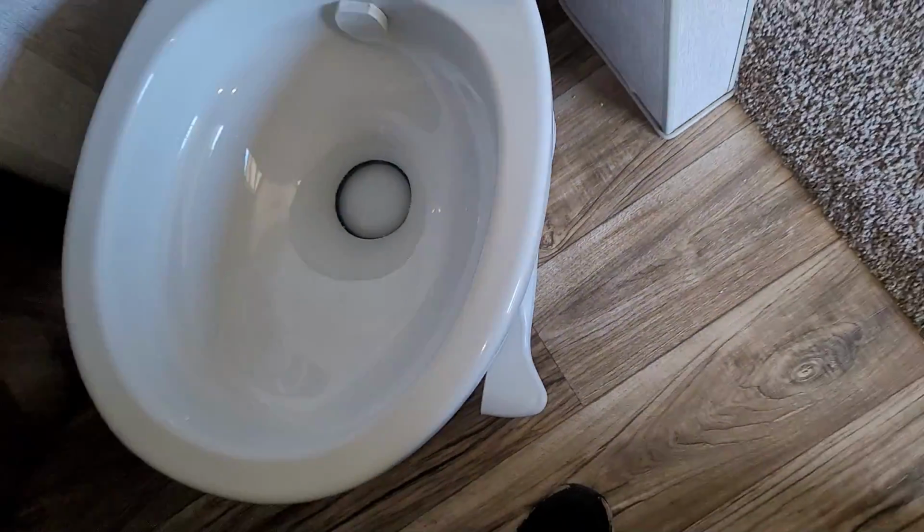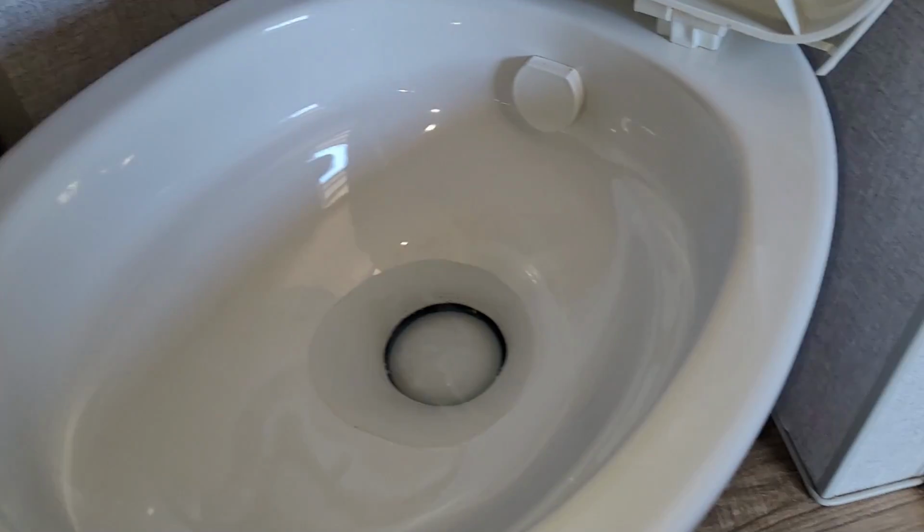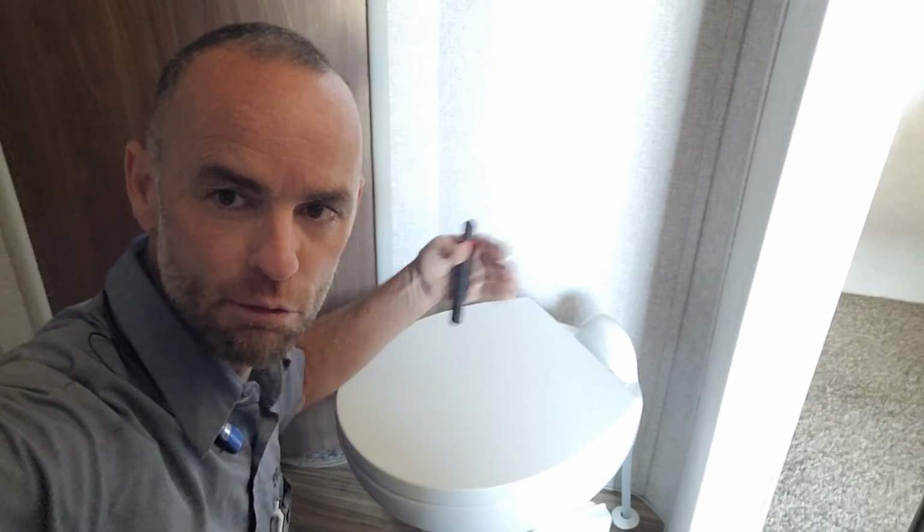So we've got a Thetford. Alright, so we have a Thetford Style II high. I guess he's tried using it. It's just not wide enough because it's a short one. He wants a residential style one. He chose a Dometic